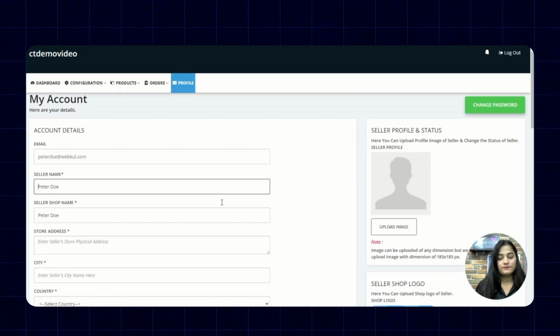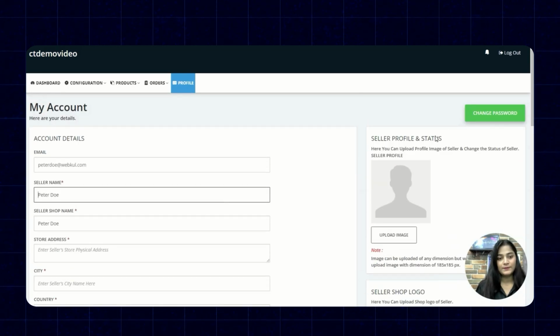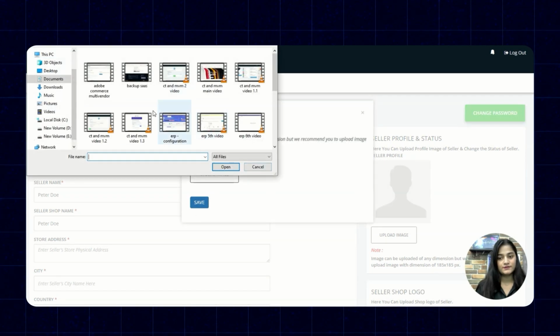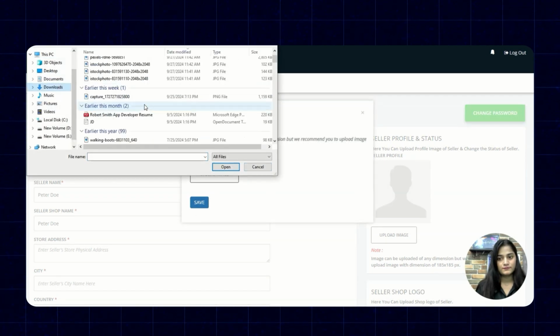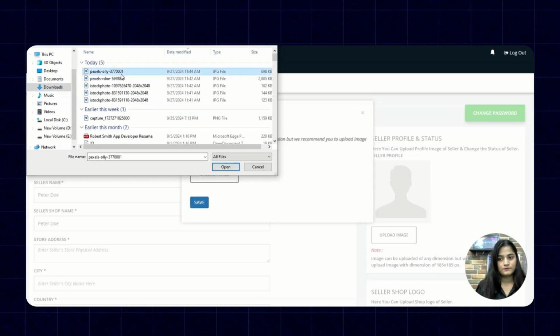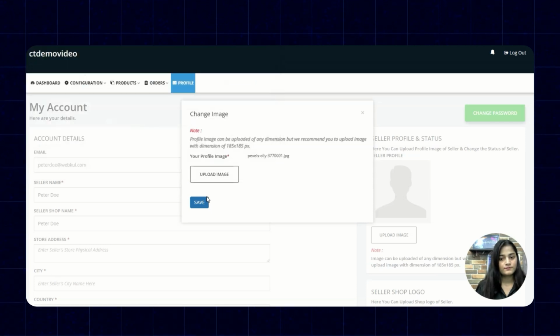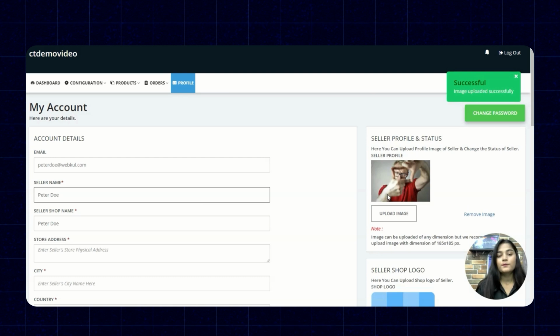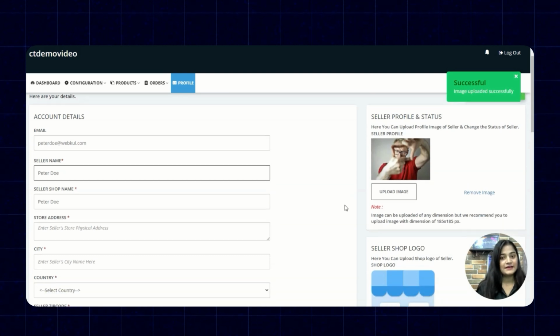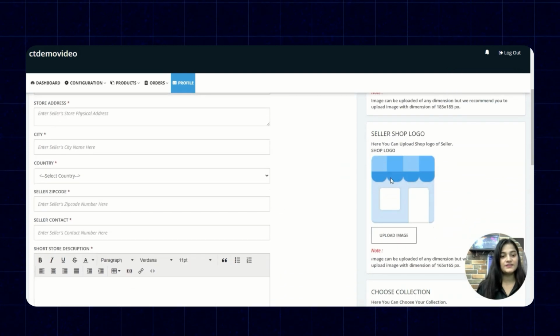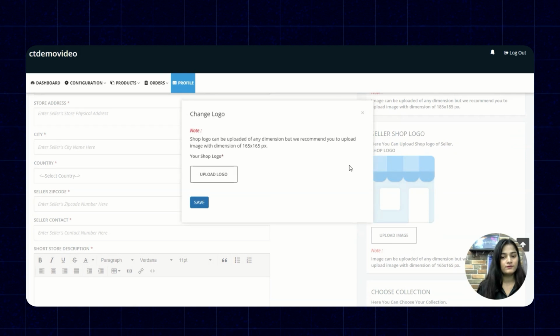From here you can modify your profile page. Like here I'm adding an image. Profile photo for my account is updated. Now we'll add the seller shop logo.